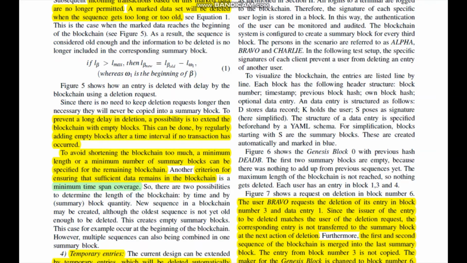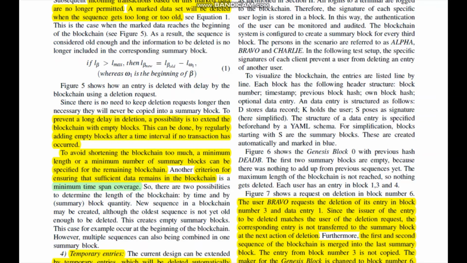This can be done by regularly adding empty blocks after a time interval if no transaction has occurred. To avoid shortening the blockchain too much, a minimum length or a minimum number of summary blocks can be specified for the remaining blockchain. Another criterion for ensuring that sufficient data remains in the blockchain is minimum time span coverage, so that there are two possibilities to determine the length of the blockchain, by time and by the summary or block